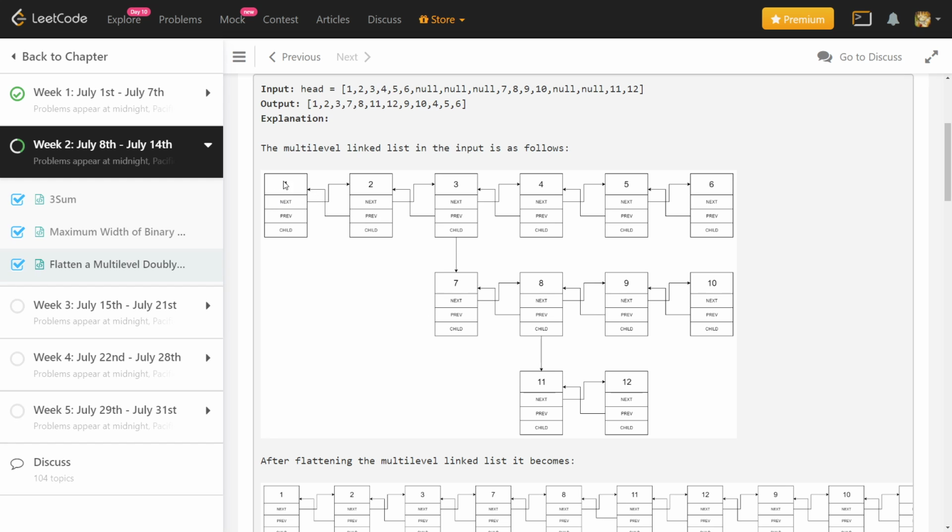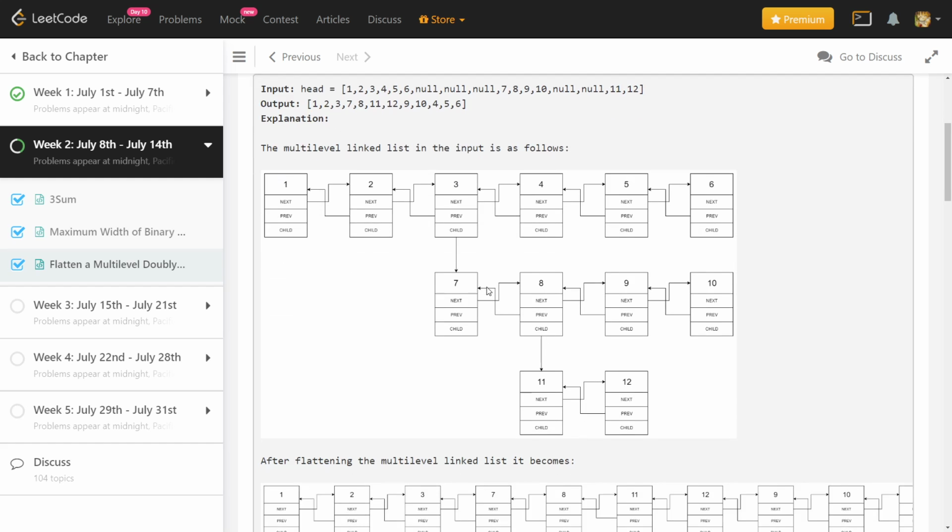So if this is the first node itself, then the previous pointer will point to null in a normal doubly linked list, but this is a multi-level doubly linked list. What we have here is one more field, child, which can point to another node, and that child will actually create a new level. For example, 3 is pointing to 7 through this child pointer. So it is similar to a doubly linked list. Each level is a doubly linked list here, and they are connected with this child pointer.